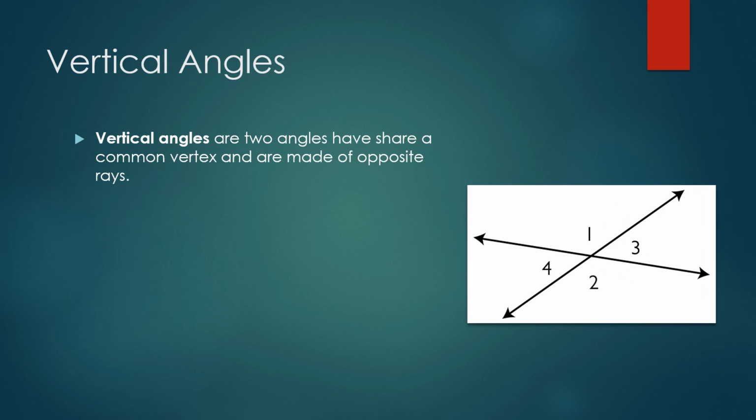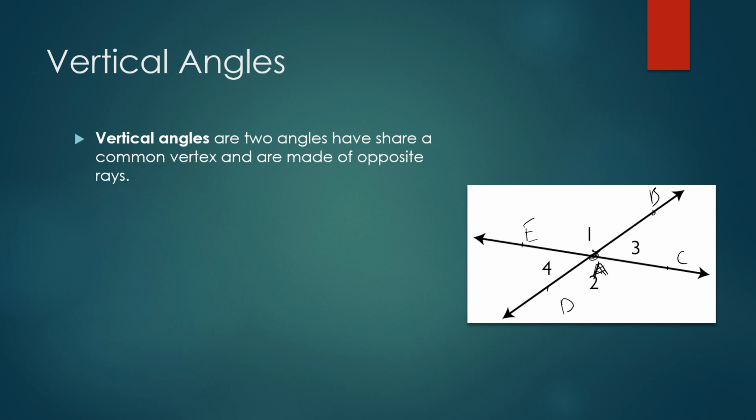Vertical angles are two angles that share a common vertex and are made of opposite rays. So if we were to label this on the diagram, let's highlight it. Let's do black. If we were to go right here and say that was A, and if we were to have this as B and C and D and E, for example,